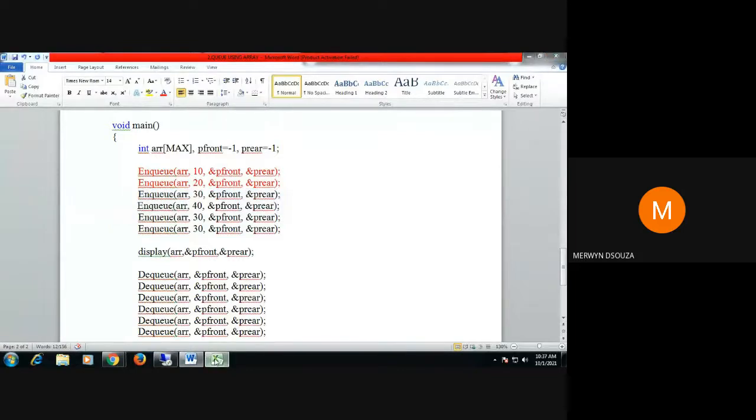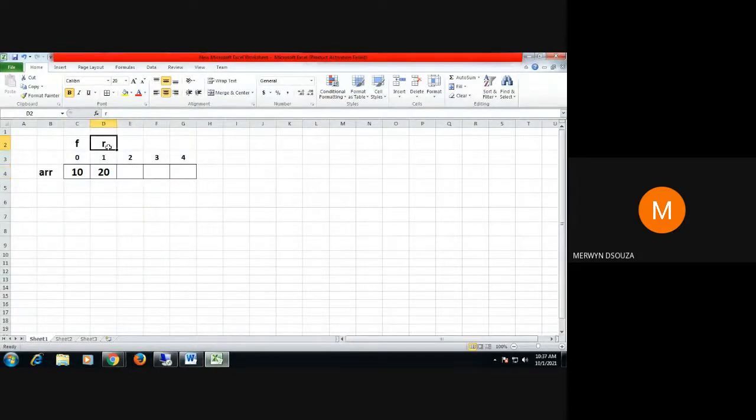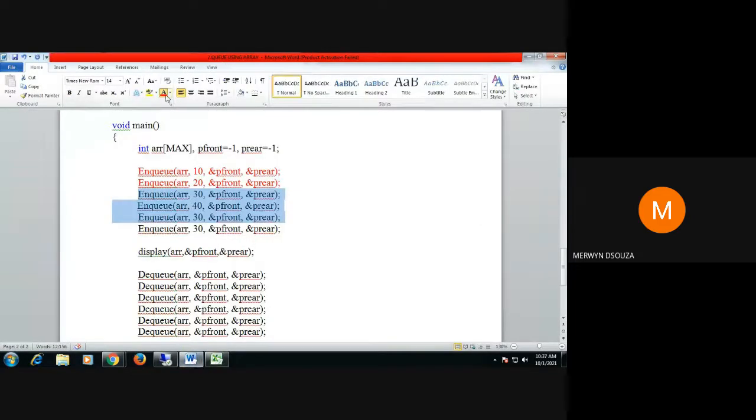So what will happen? When I insert 30, rear will get incremented. It will come here. 30 will come here. Again, when I want to insert 40, rear will get incremented. 40 will come here. Remember, front is not getting changed. Front remains there. So again, when you do insert, rear gets updated and 30 gets inserted there. So now we have done all these three insertions. So we have inserted 5 values in the queue: 10, 20, 30, 40, 30. Now, when I try to insert for the sixth time,